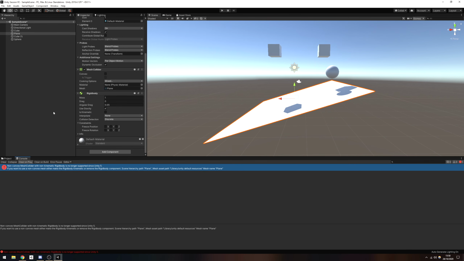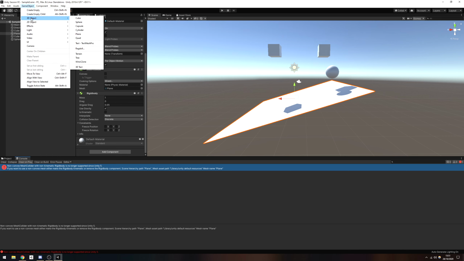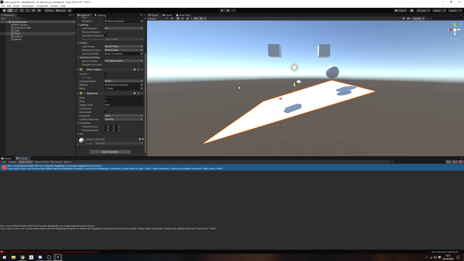So basically, if you just take any mesh for a collider, it could have really random shapes, and obviously the physics engine doesn't want to waste a bunch of time calculating collisions with those random shapes. So convex basically simplifies the mesh. It's not very good on this plane because it's basically flat. I don't think there's an object in here that is concave. That's a shame. Basically, if you have like